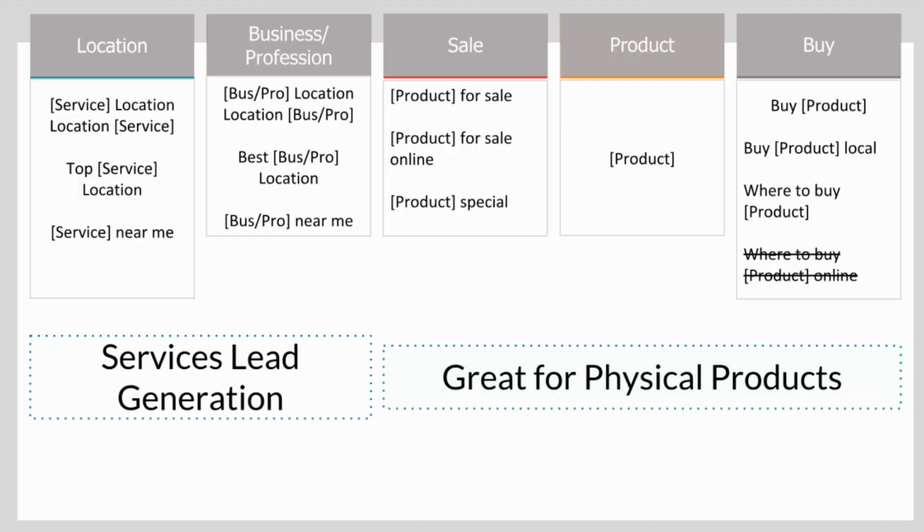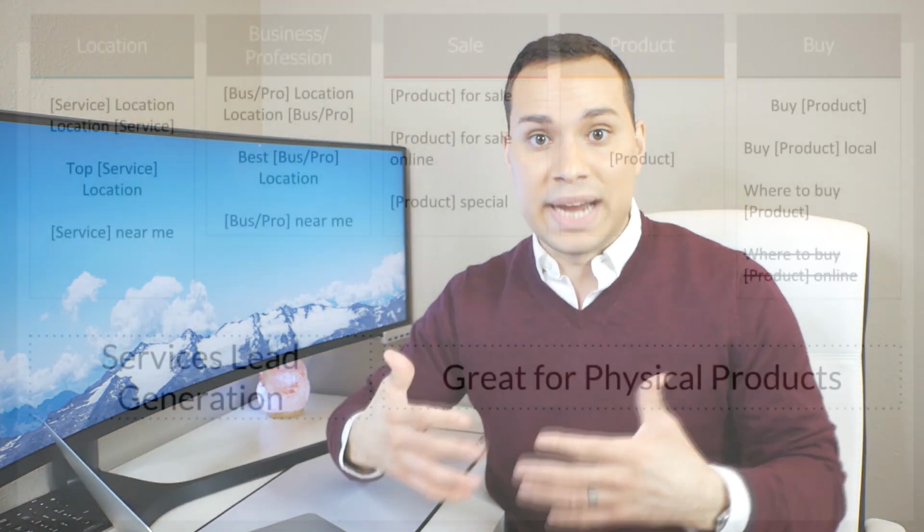You want to test sale and buy because this represents people who are actively looking to purchase something, as opposed to if they just type in your product or service, we don't really know what they're looking for. They could be looking for reviews, they could be doing comparison shopping, they could just not even know what the heck it is, and they just want to know what is your service or what is your product. Whereas if someone's typing in sale or buy, they're past that phase. They already know what you offer and they're looking for a product or service to buy right now.